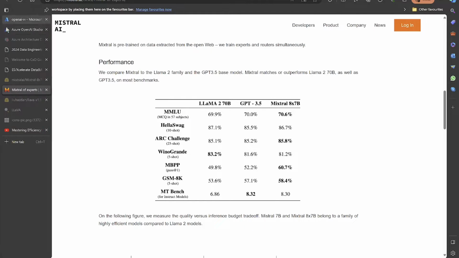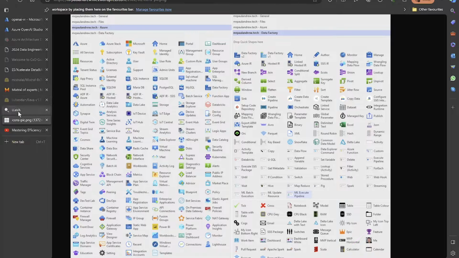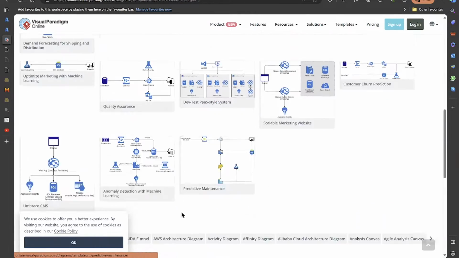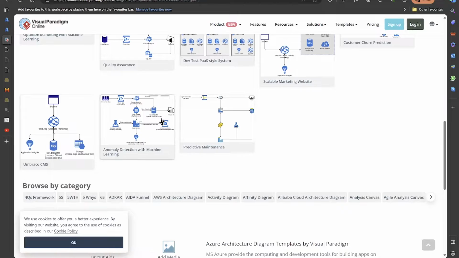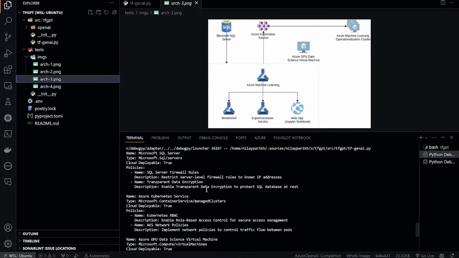I'm scrapping a couple of diagrams from number 1. I'm training using the sentence, and number 2, these diagrams are coming from kind of a visual paradigm, and I'm just scrapping them just to test it, like what it is. So I'm 100% sure there are mistakes in many diagrams as well, but it's all about validating our models.